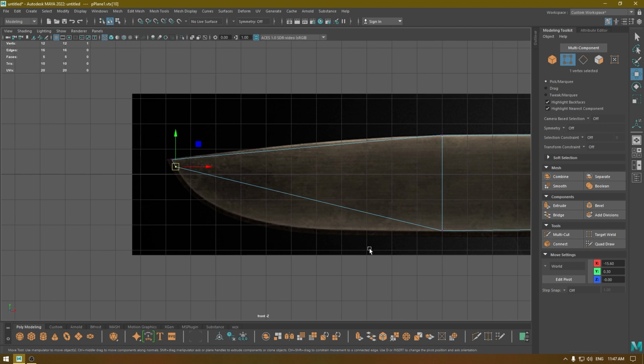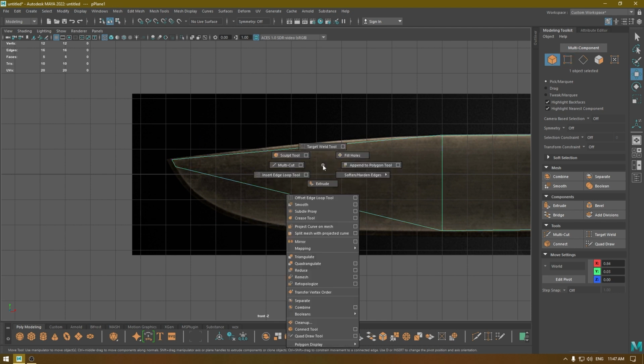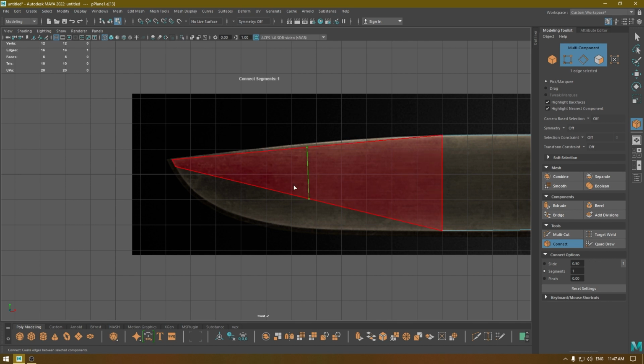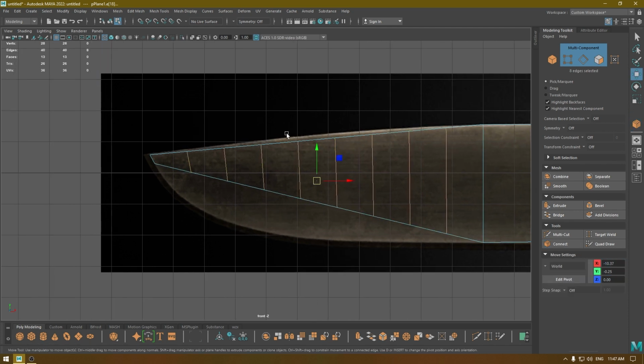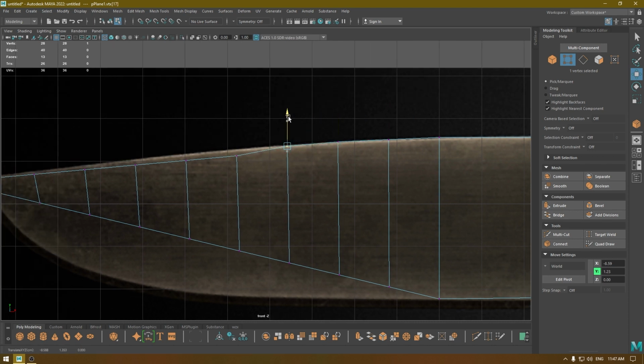Now we're going to add some edges here so that we can maintain this curve. So go to object mode, press shift right click and select this connect tool, and select this edge. Change the number of segments. I'm going to take 8, and now we can adjust it. So select this vertex, pull this up, just trace your reference,